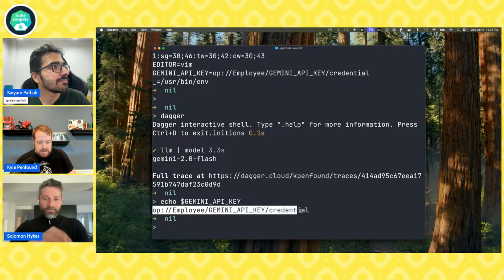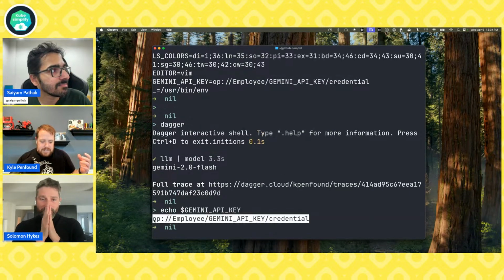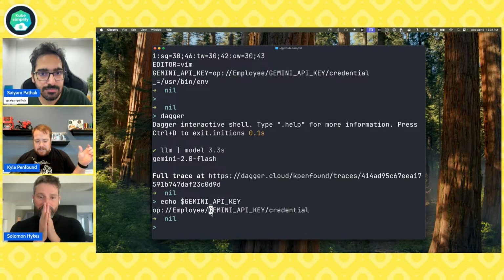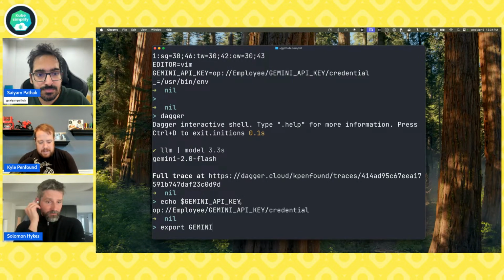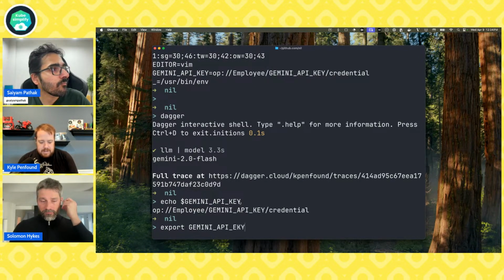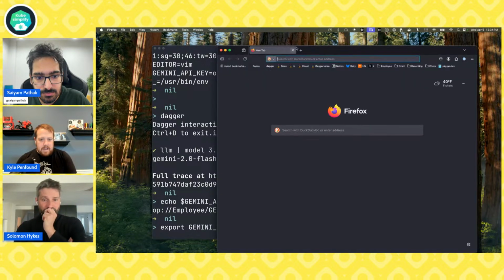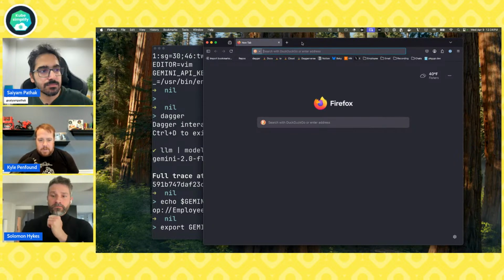There's a reference to the secret in 1Password where I've stored my key, like a responsible key owner. But Dagger itself can use this secret reference with 1Password or Vault and actually connect automatically and fetch the value of this key. That's a cool feature of Dagger, and it's in the docs if you're interested. You can also just make this the actual value of your key, so you can say export GEMINI_API_KEY equals foo, like whatever they give you. I'll just show you for Gemini, for example. But if you followed that configuration, then hopefully you have a key ready to use.